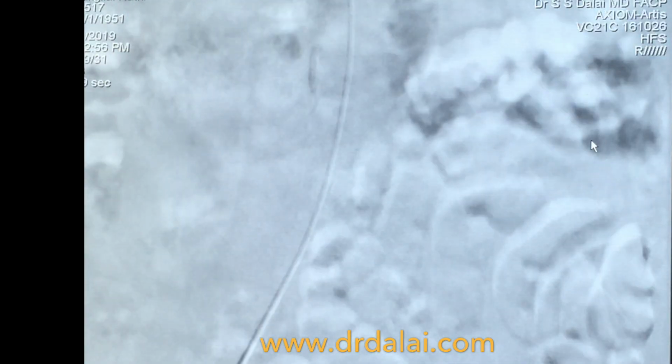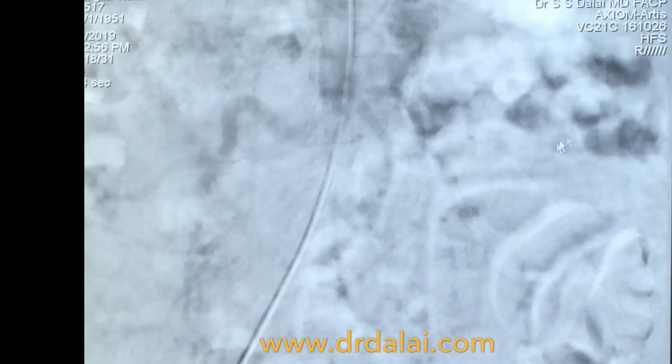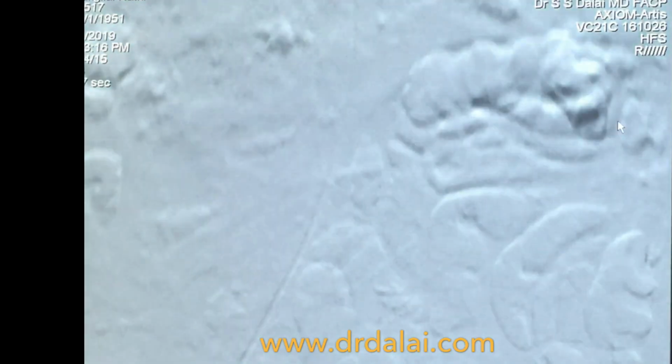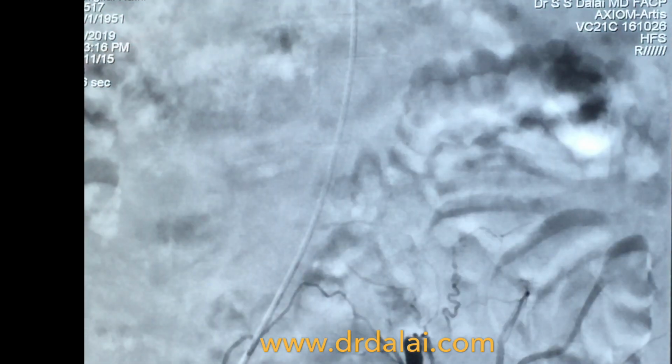So that's good. We have crossed from the right iliac to the arch. Now we will try to go from the left. Now this is the left common femoral artery angiogram, which is showing there is a chronic occlusion of the common iliac and the aorta. So the challenge is to go from here and cross over here and then get inside